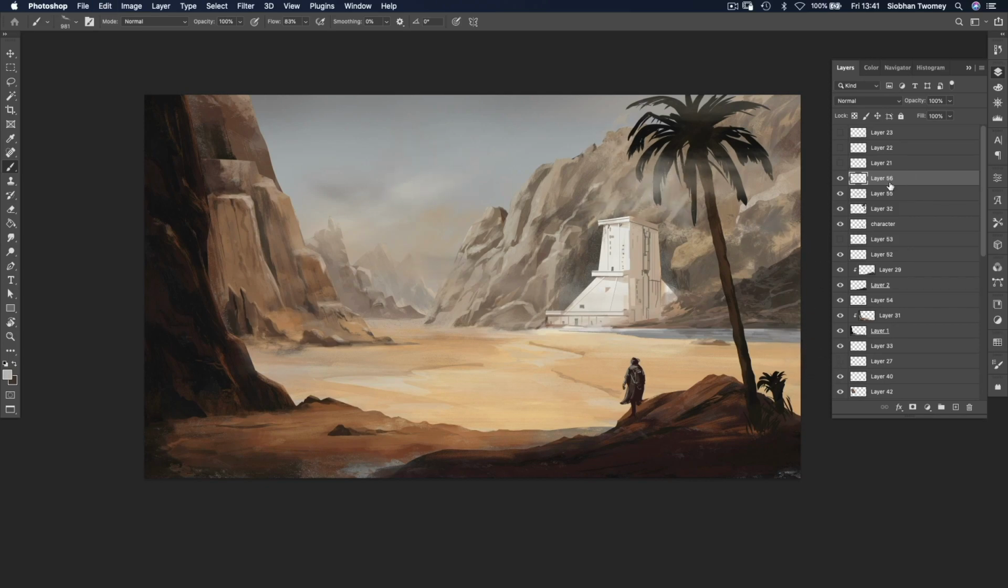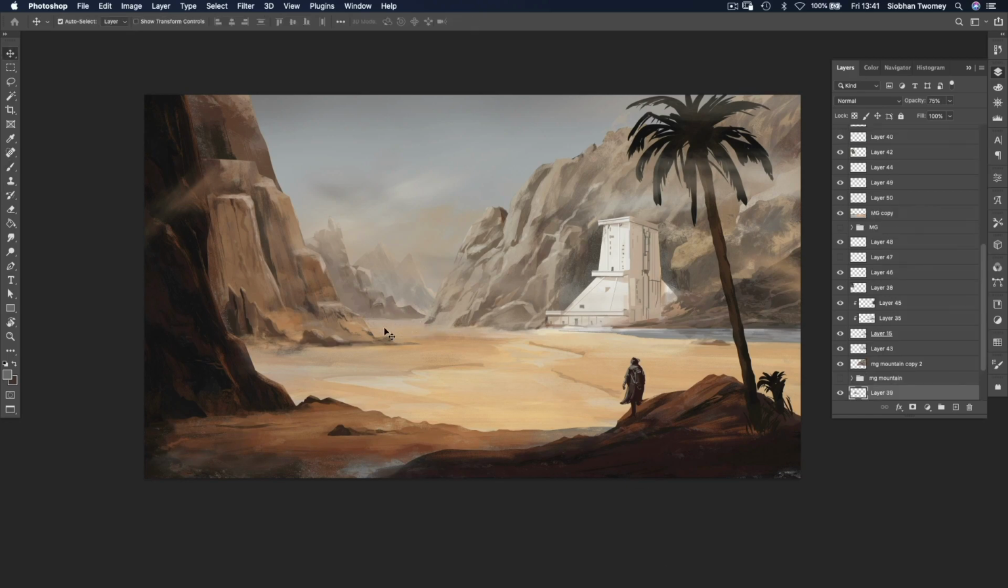So this is all just using a very big, very basic cloud brush. You could also do this with one of the default Photoshop brushes, like there's a big soft round brush. That's totally fine. It's all a matter of just making sure that your brush strokes are very light on your tablet. So remember, your pen can be pressure sensitive,